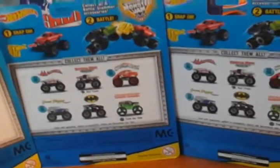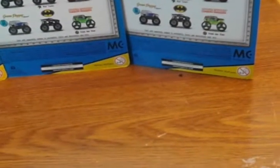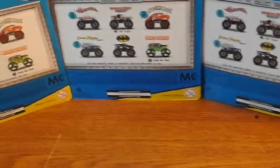Someone else probably found a Chase or Super Chase, because there was quite a few missing. And then I kept walking around to check the other end cap of the Hot Wheels one, and they had a whole bunch of new monster trucks. They had the case with Medusa and the new Batman, new Crustacean, and that case, which I believe is case E or F. One of the two, they had that case. And they had some case A Aftershocks. They had some case D Lucas Oil Crusaders. It was almost a mix of stuff, but with a lot of case E or F, whichever one has the